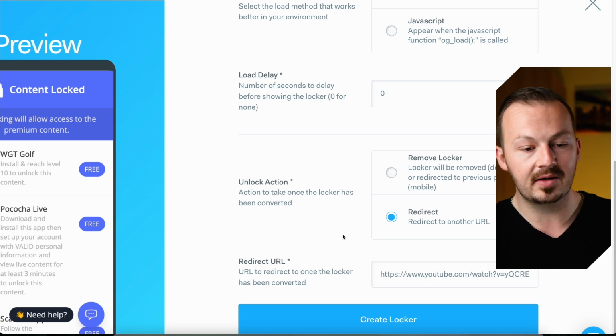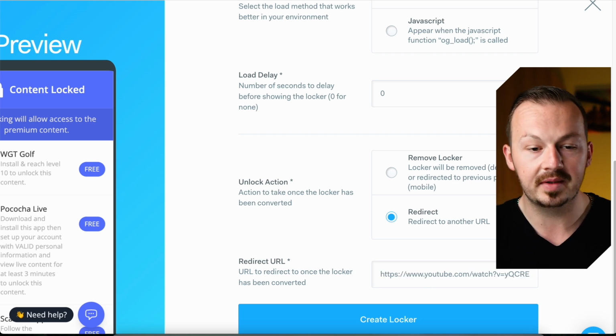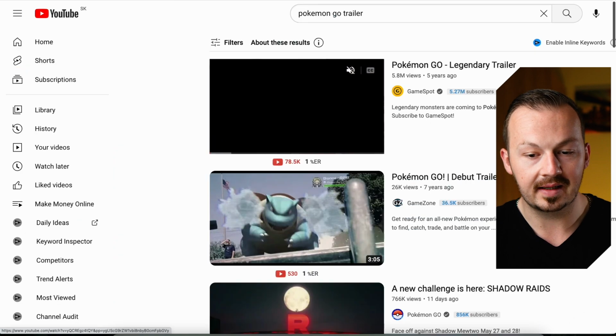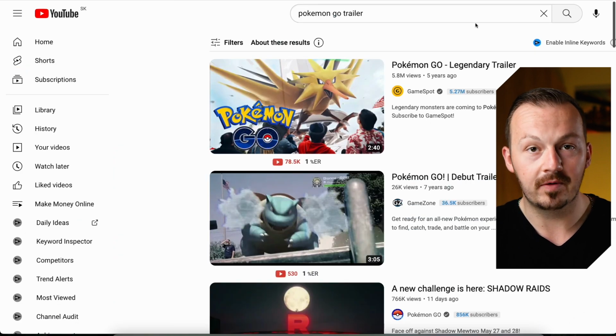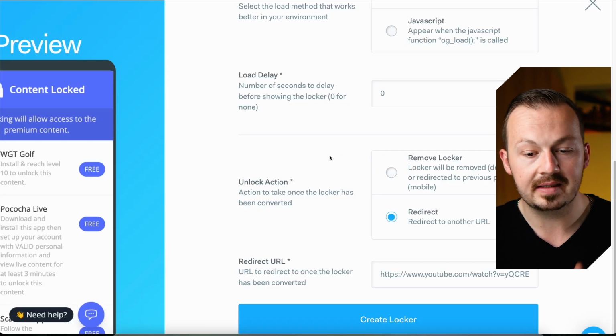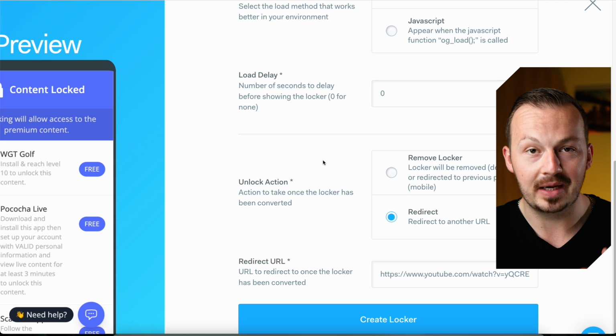That means every time somebody is going to complete this CPA locker, they will be redirected to the video game trailer that's on YouTube, and they can go from there deciding if they want to play the game or not. But because they are going to complete this content locker, you are going to get paid money,